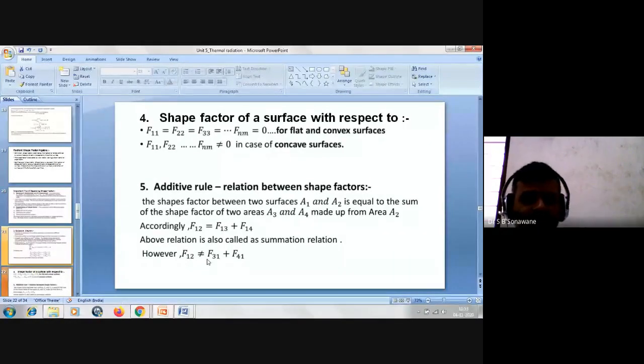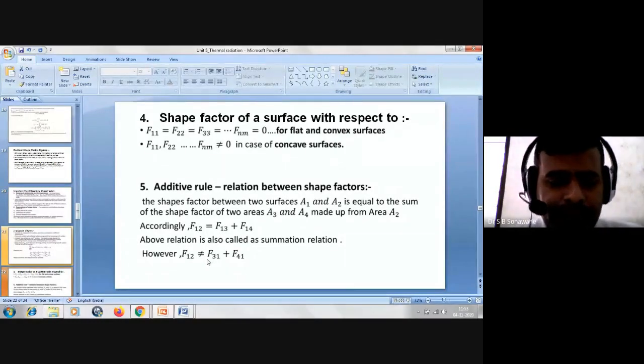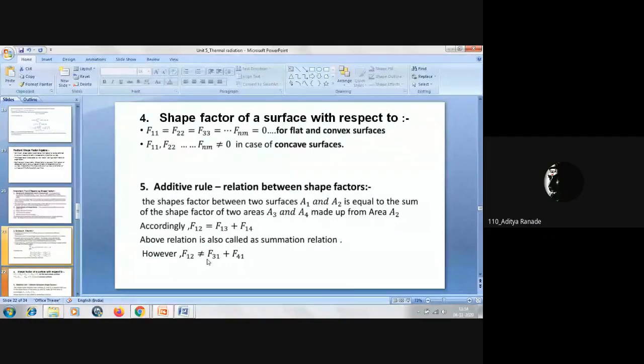Now we will quickly revise the topics that we have learned in this session. We have learned Lambert's cosine rule. Can anybody tell what it states? We will quickly revise this, then we will conclude this session.